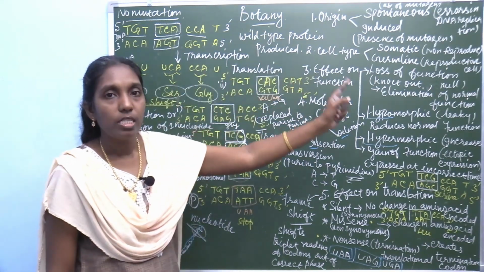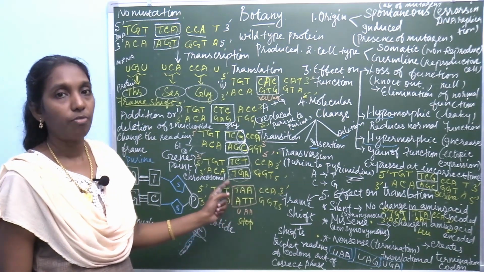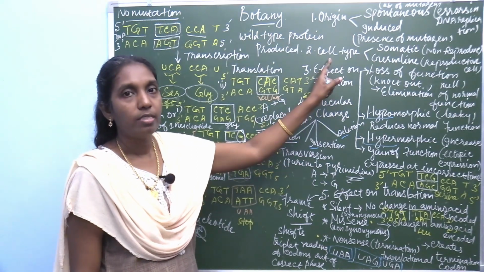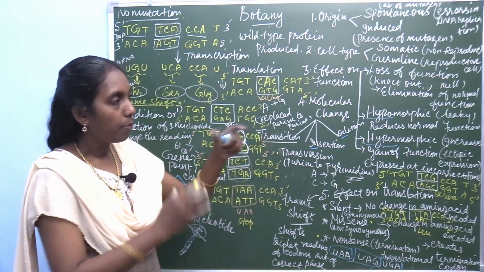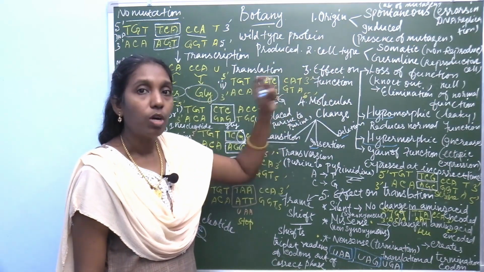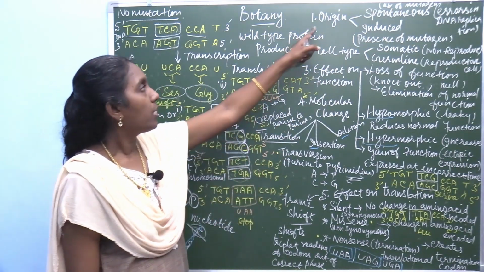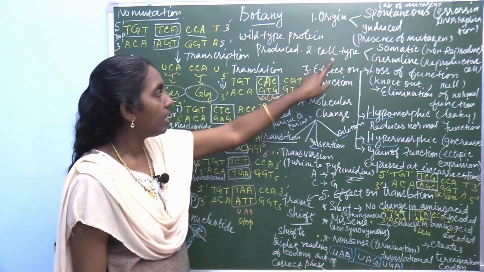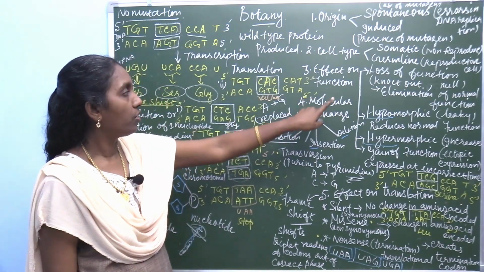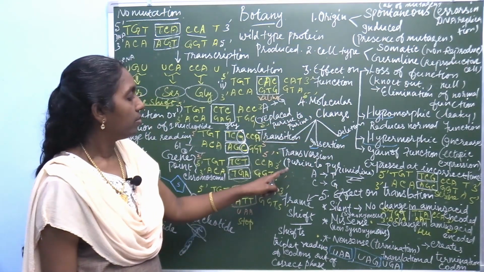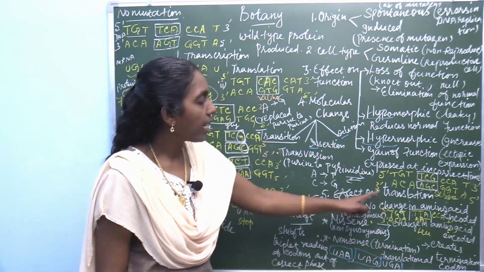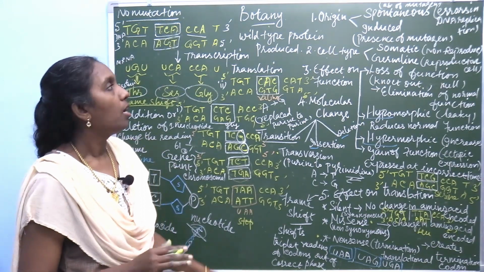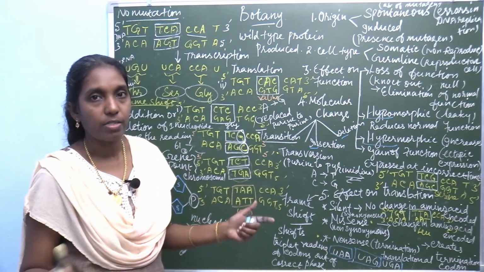So, first you learn all these types. It is a very important question, a 5 mark question. Today you are going to learn this question and finish it. First you draw the table, the flow chart. First make a flow chart based on the different categories. Based on origin, there are 5 different categories: based on origin, based on cell type, based on effect on function, molecular change, then effect on translation. So, categorize into 5 different types, and based on this, several classes.